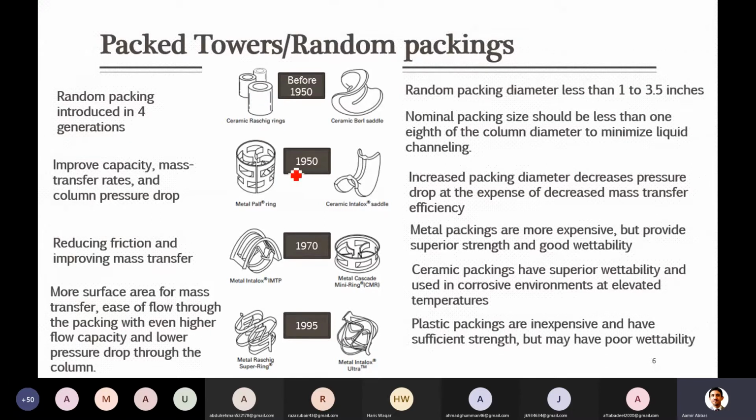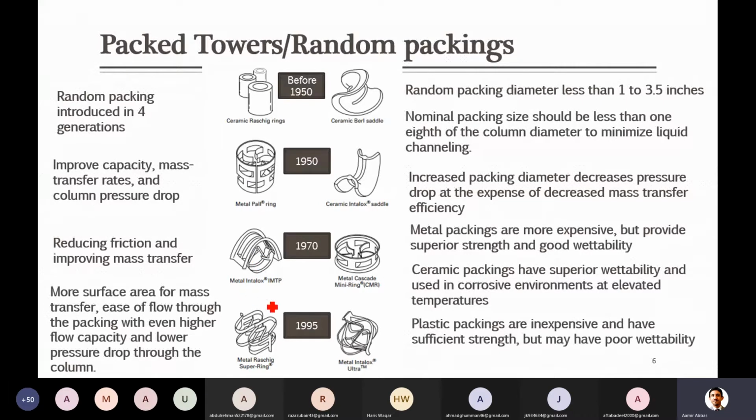But the more closed structures had a major disadvantage, that they were too close. You can see here that they are overall a solid structure. There are some holes inside them, and that's it. So they were providing too high a pressure drop, as well as less surface for the liquid vapor interaction. So when you keep opening it more and more, then definitely it will provide a better chance of liquid vapor interaction.